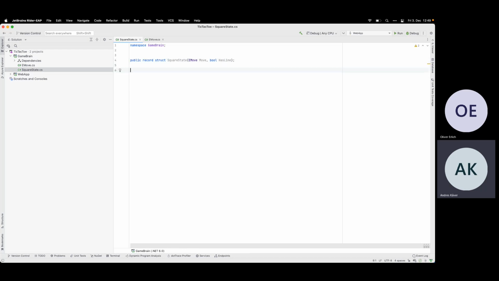Did I speak with you about the records? I think I did when we spoke about C# 10 and .NET 6. So it's just a shorter way to declare a class with just properties, or a struct with just properties. Previously it used to be just a class. Now we can also do this record struct. Default is a record class, so it's always a class with properties. Just for the fun of it, I made it a struct. So it's a value type, not a reference type.